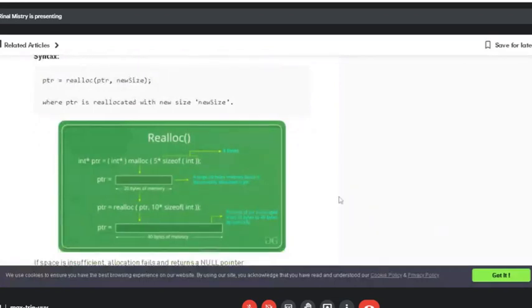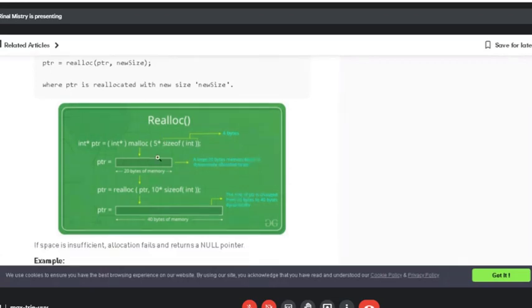Okay. You can see over here, this is an example given. Initially, the size of the array was specified equal to 5 and now the array size has been increased. And we get to know that more array elements are there, and so the size of the array needs to be increased.